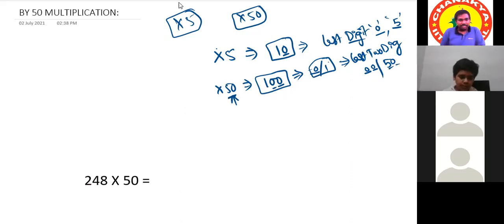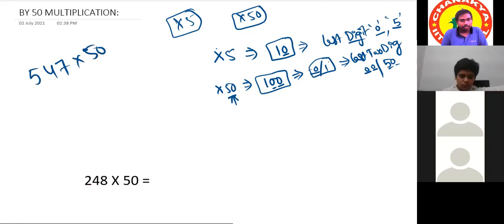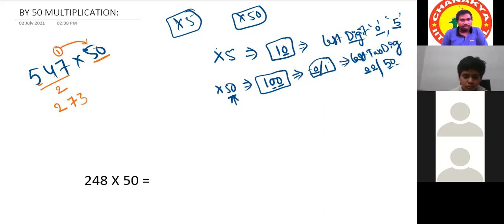I'm explaining one separate question. I'll take 547 into 50. These are extra questions only. We'll do them together, otherwise I will allot questions. See, here instead of multiplying by 50, we are dividing by 2. 2 times it is 4, remainder 1, 14. 7 times it is 14. Then 7, 3 times it is 6, remainder 1. Finally, 1 is the remainder, which means we have to multiply this 1 with 50. That's all. That is 50. So 27350.